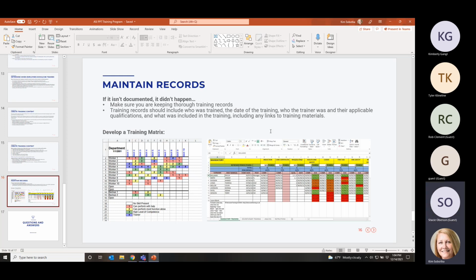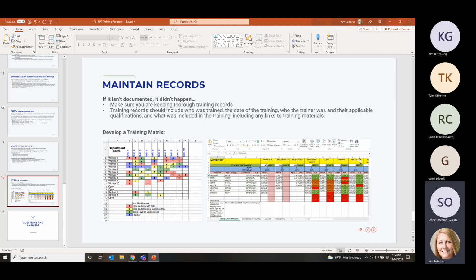And then this one on the right of the screen, I hope it's on your right as well. This is the training matrix that I'm used to seeing. It lists everybody's name, when they started, what their role is, and then the introductory training, their start date, and then all of the different training that gets done. So you can go A through Z on this Excel sheet and then AA, BB, CC. I mean, it can go on infinity with the different types of training.